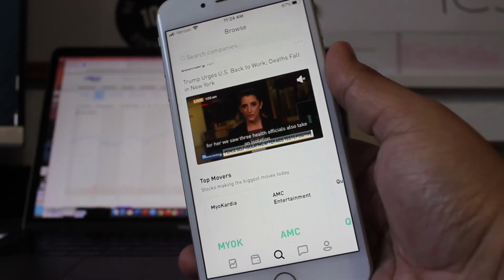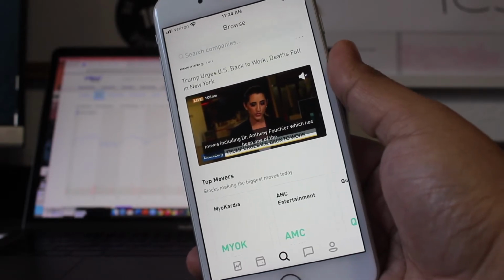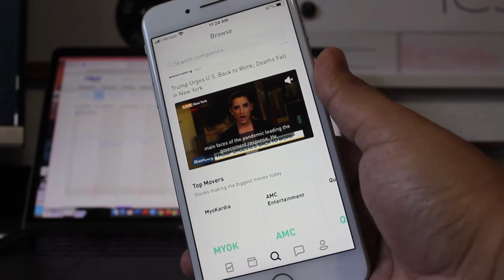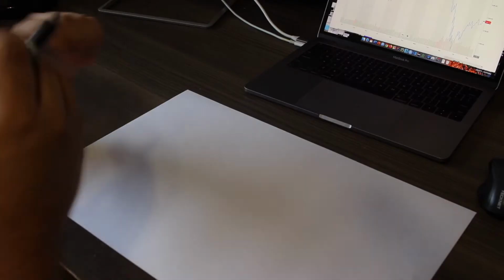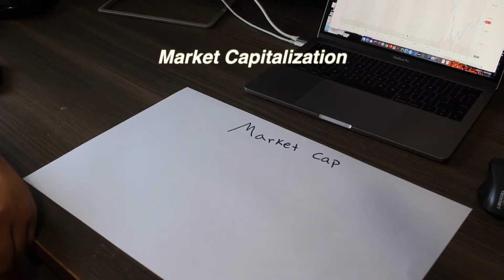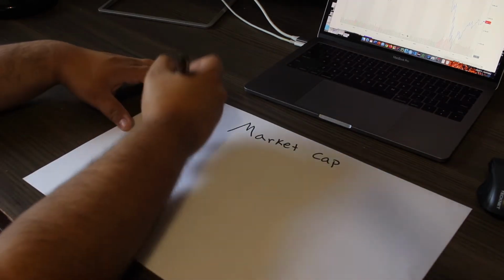Before we get into the specific companies which I've compiled for you guys to have an idea of potential companies to invest in, I would like to show you some key things to understand before we get into investing, which is better for you to know in order to make more informed investing decisions. So one of the things I want you guys to focus on first is to learn about market cap. Market cap is essentially divided between three different categories, and that's large cap,